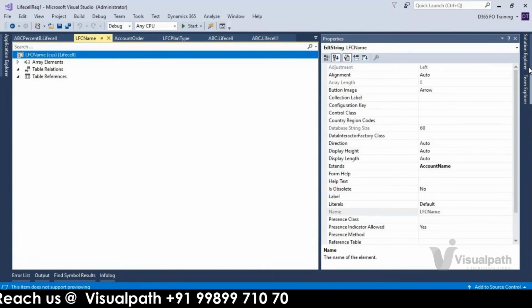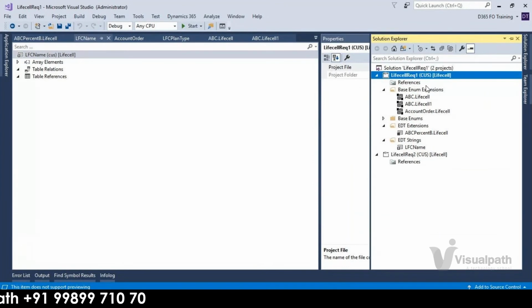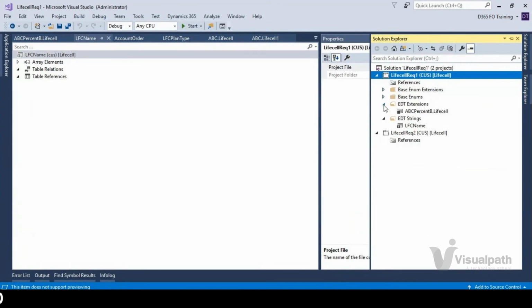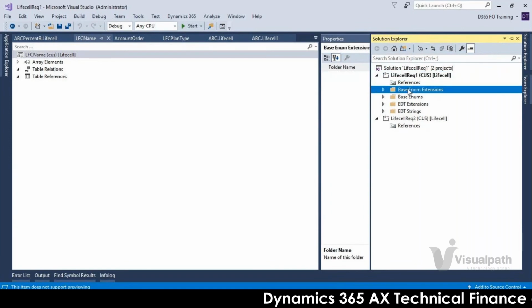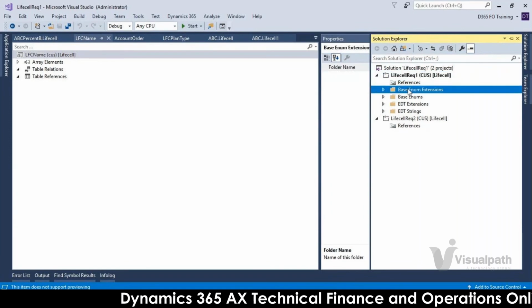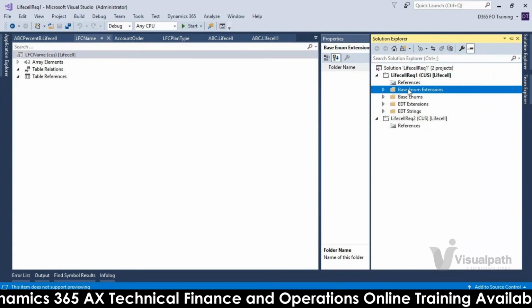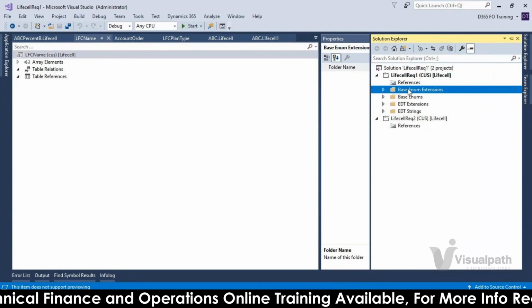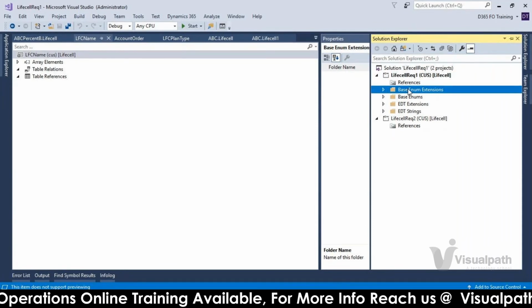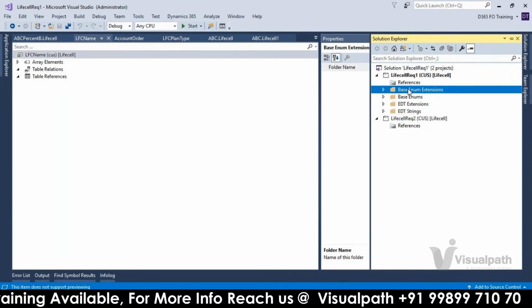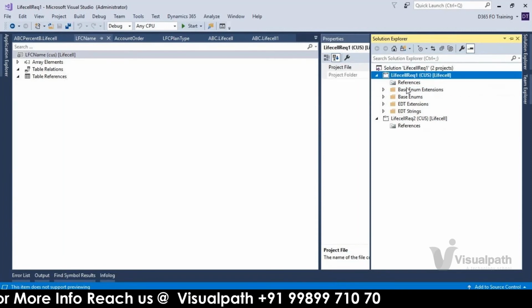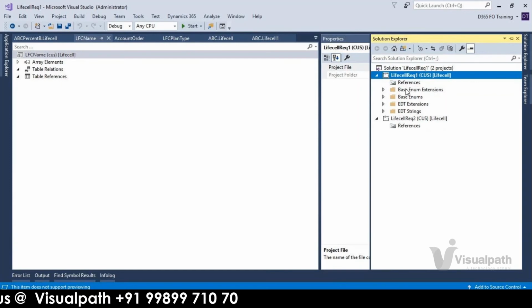That's how extensions and new objects we can create. If you people can come up with new tables, or some requirement like adding new fields to a standard table or adding new indexes, come up with that requirement. We can create a new table, and we can create an extension for the existing table and add the new fields tomorrow.